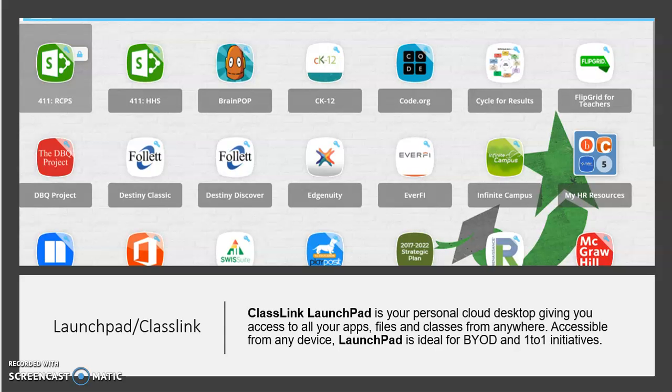I mentioned before LaunchPad / ClassLink. LaunchPad is a cloud of apps that are mainly used by teachers and students. This is where we house all of our most used apps. And the great thing about LaunchPad is that it also includes ClassLink, which makes it a single login for each